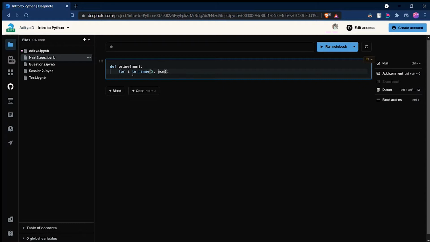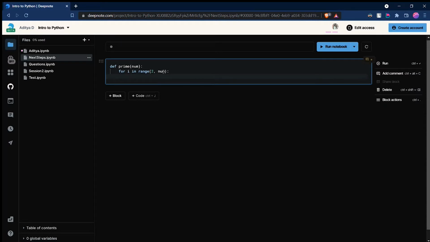This loop will run from 2, 3 and 4. So I will take 2 first, then 3, then 4. Now, since I'm checking if the number num is prime or not, all I'll do is: if num mod i double equal to 0. That is the ideal case.